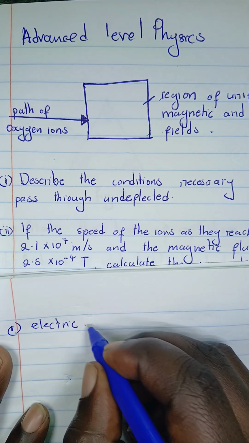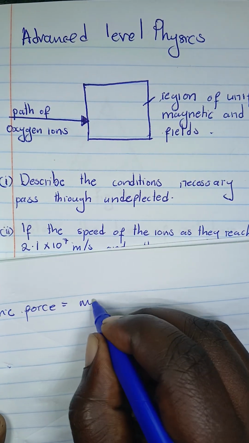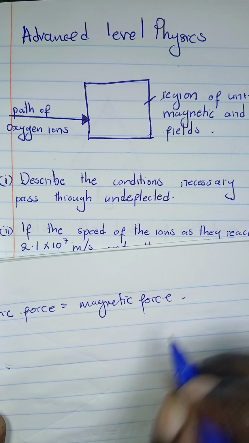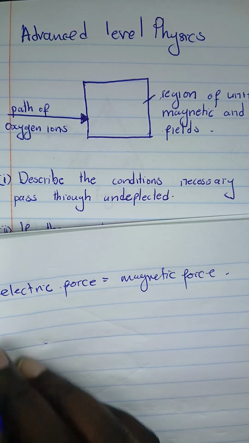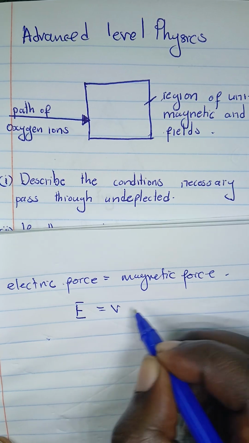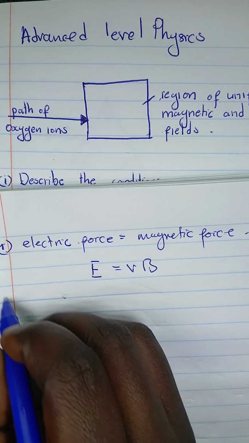Electric force must be equal to magnetic force. So that's the first condition. Electric force must be equal to magnetic force. Right. Condition number 2,